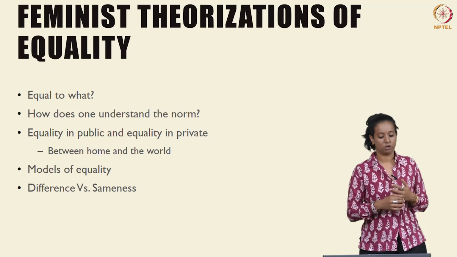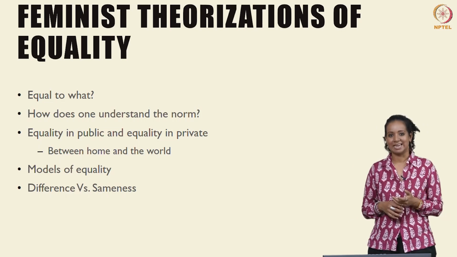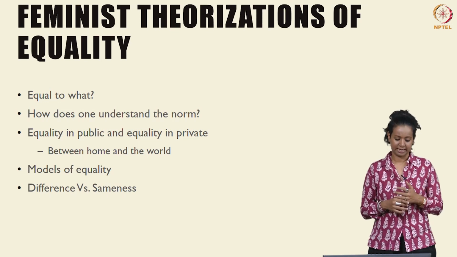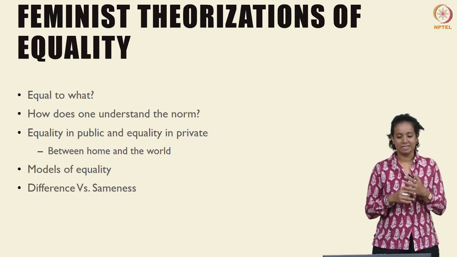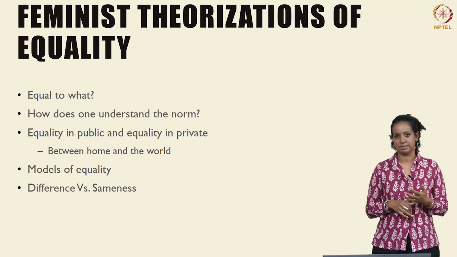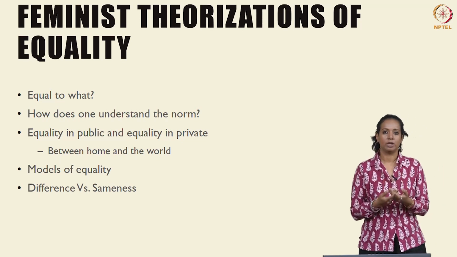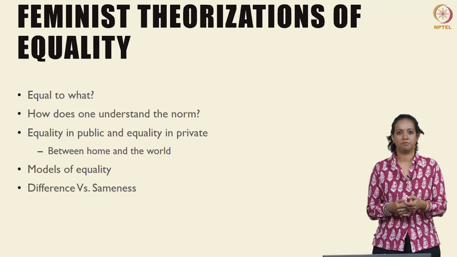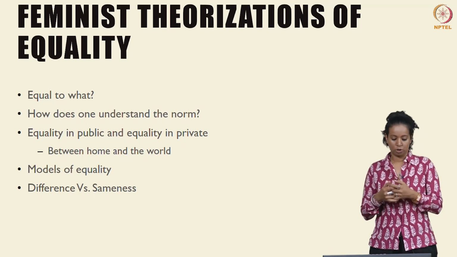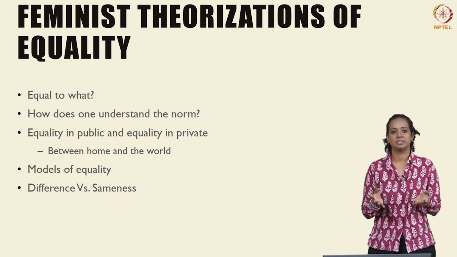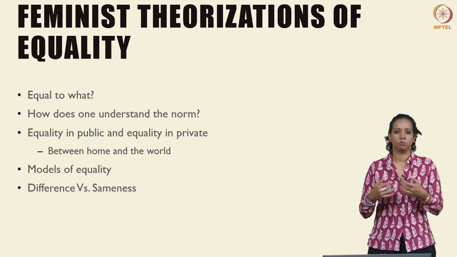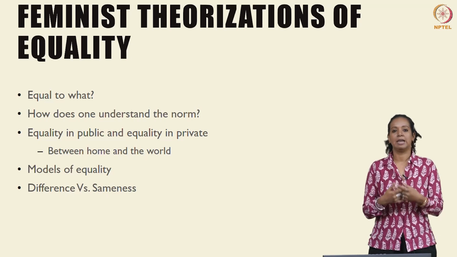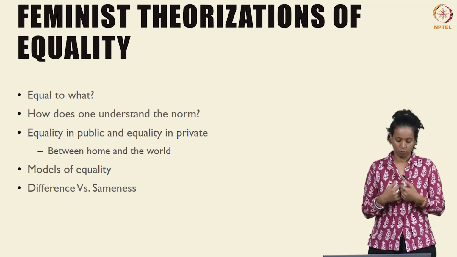Then we take into account this question of difference and sameness. So, this might be difficult to wrap your head around, so pause for a second. What do we mean by difference as a model of equality? Do we form equality on the basis of how men and women are different? That is what we mean by difference. Or do we form models of equality based on their ostensible sameness? Men and women are human. We are all participants in the human race, and therefore, each of us should be allowed the same kinds of rights in the world.